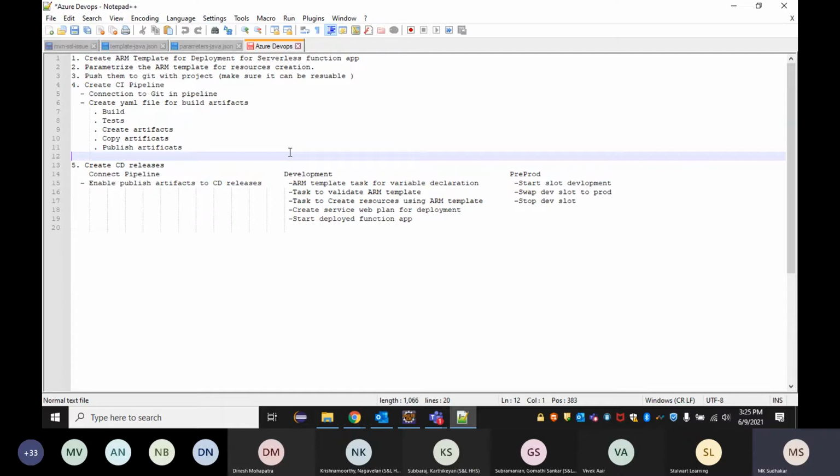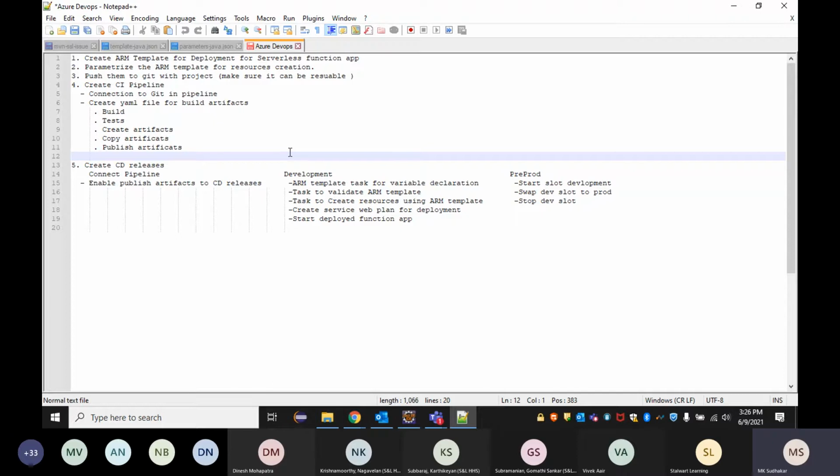It will be committed to your Git repo, Git project. So it has the complete versions, like what has been changed, what we have enhanced for each and every control, right? Version control. So that's the reason I'm going with the YAML file. Even once we have the classic editor created with all the tasks, it can be converted into a YAML file and then used for directly pushing, creating the CI pipeline.